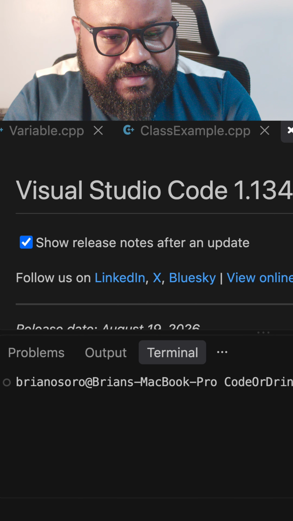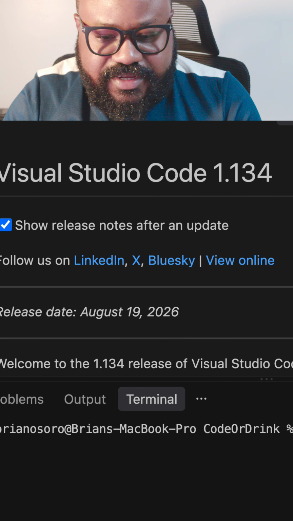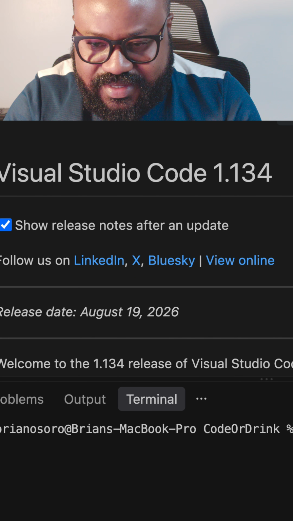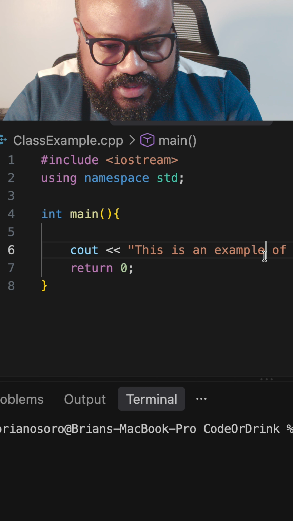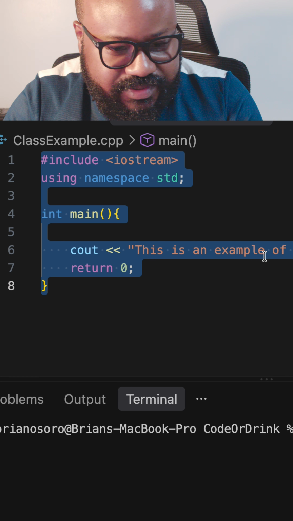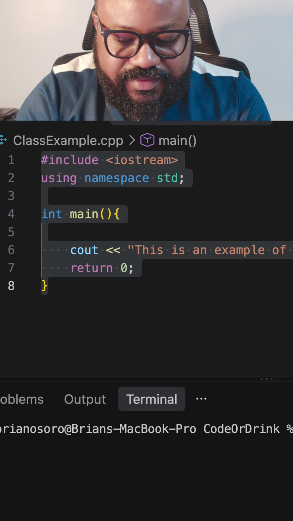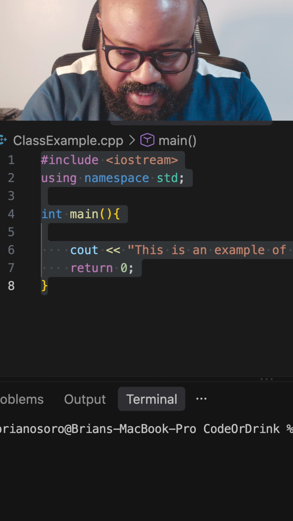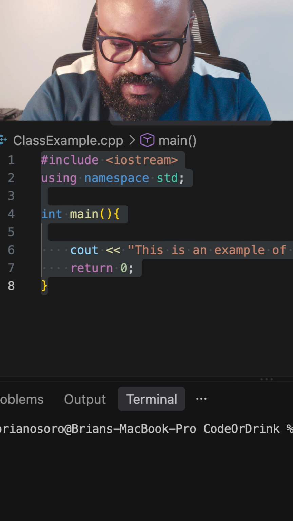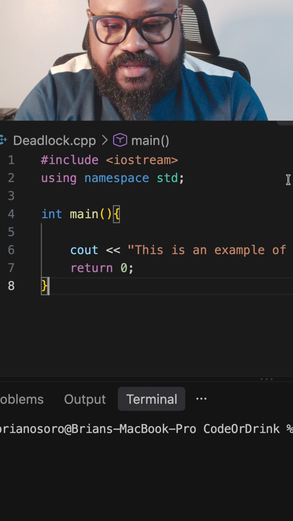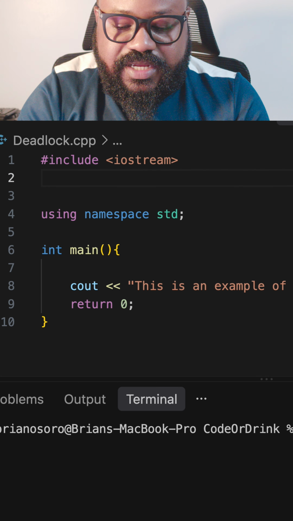Yeah, I've opened my Visual Studio. This is just release notes, some code I had written to teach some people. Okay, we can create a C++ file. We call it deadlock.cpp. We can paste this here. So we're going to use